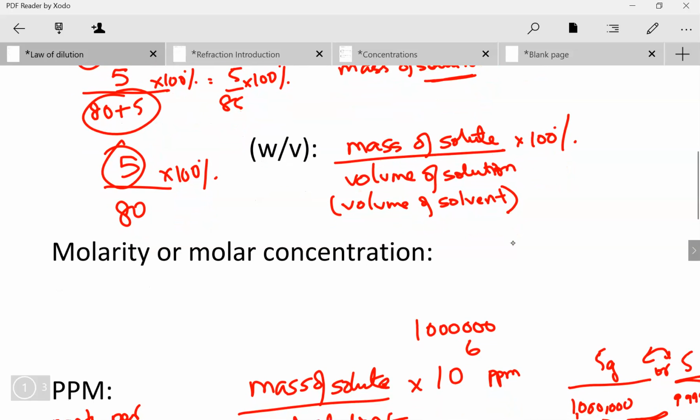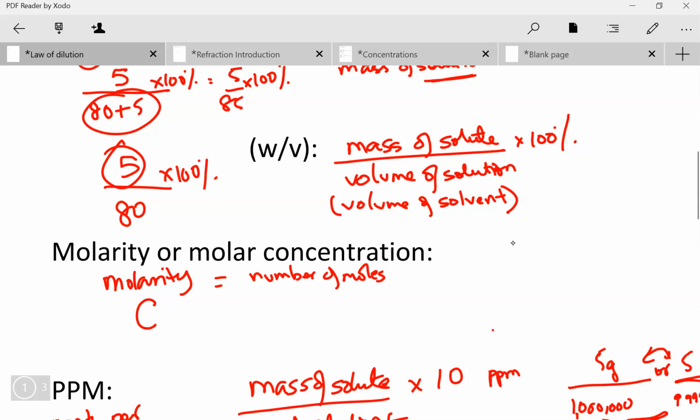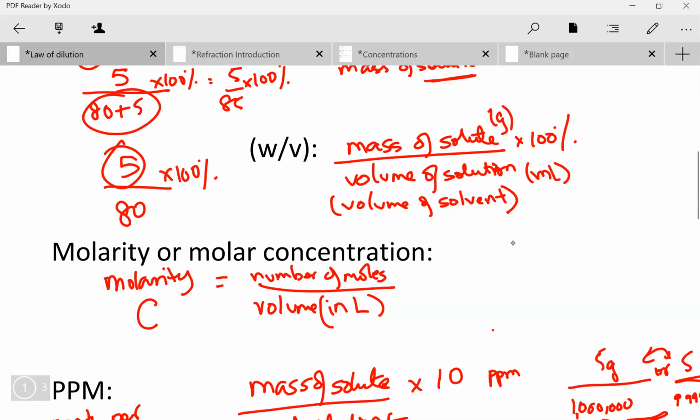We will jump back here quickly to molarity, which is one of the only formulas that uses number of moles. So molarity, also known as molar concentration, or C, equals number of moles divided by volume in liters. So very important that the units are in liters. We even see here that all the units we've done so far are gram and milliliters. That's the only units we're using. This is the only formula that uses volume in liters, so it's very important to convert any milliliters to liters